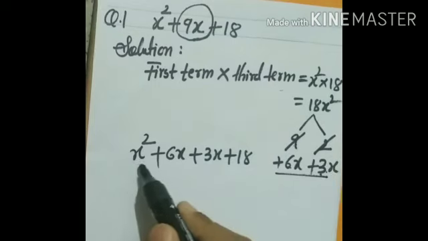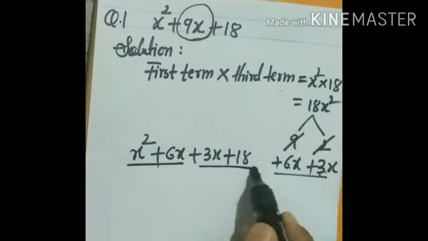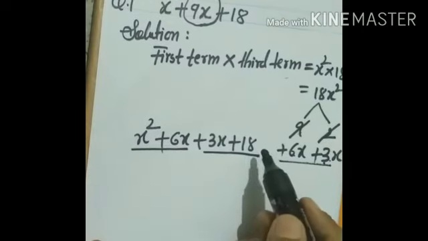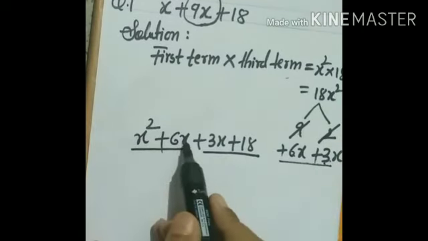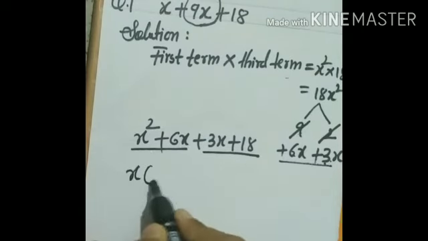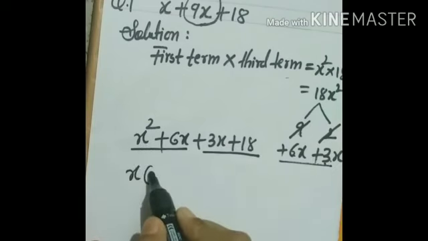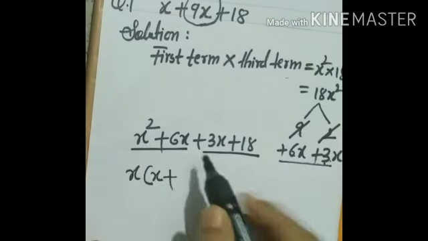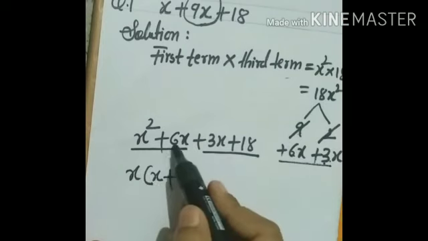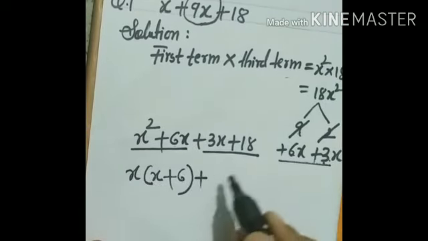Now, these two terms underline and these two terms underline. Now, take out the common, children. Between these two, what is the common? x and x. Take the common out. Here 2x are there, children. 1 I have taken common, so 1 is remaining. Write down. Here, children, x I have taken common, so what remains? 6. Close the bracket. Now, children, plus.